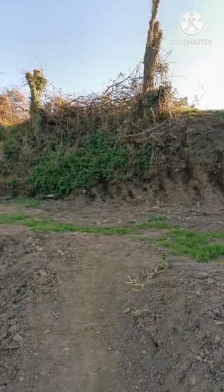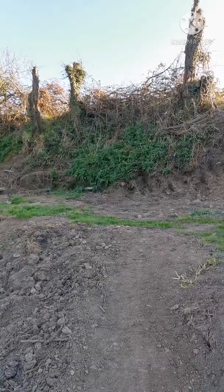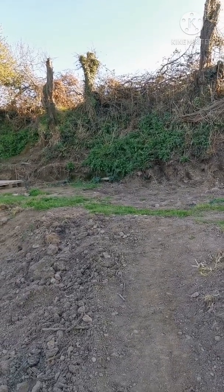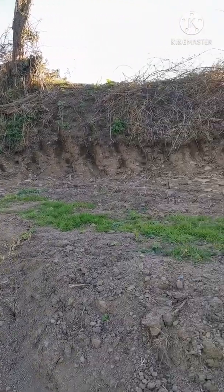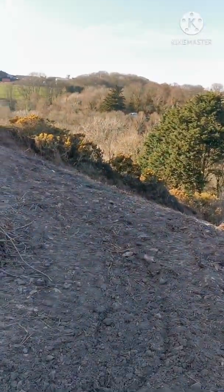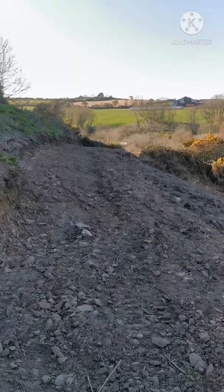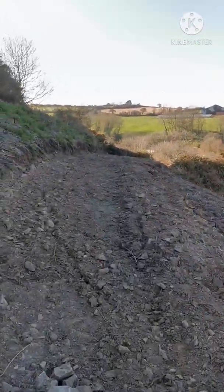Up the top here where the shed was, I'm going to build a sort of camp kitchen slash shed for Annie. We're going to make it a bit nicer than that ugly thing down the bottom. And then we come along this path here and we get to